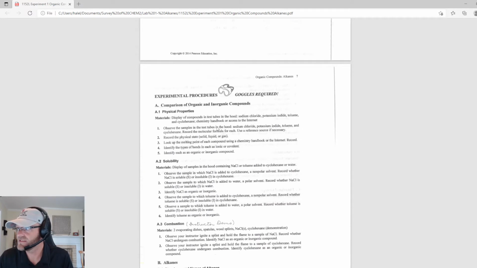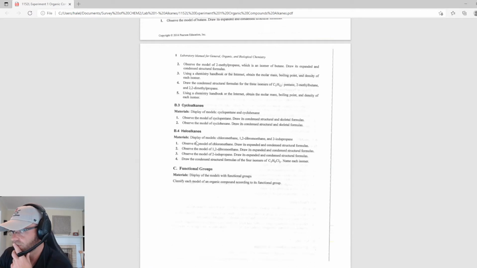We have a list of procedures here, and it says, you know, observe the samples in the test tube. You don't have any samples in test tubes for this lab. Now, for other labs where you actually need to see something physical, we have videos and pictures and everything, and I'll walk you through those as well. For this one, this is more of an independent research. There's nothing here. I've gone through myself and done it. There is nothing here that you can't look up. Okay. For example,